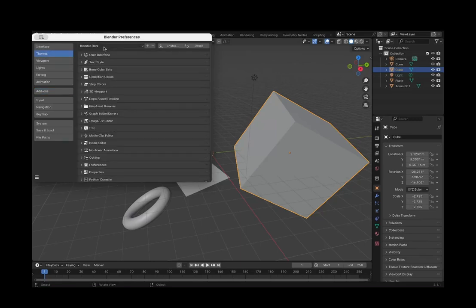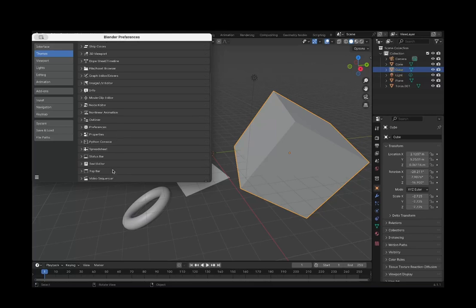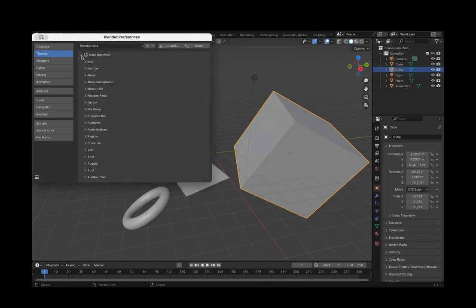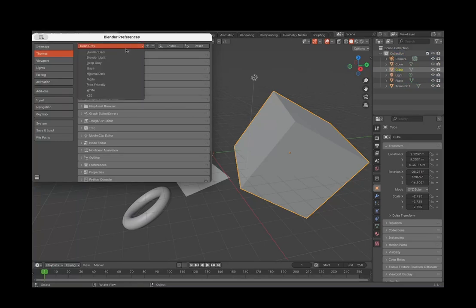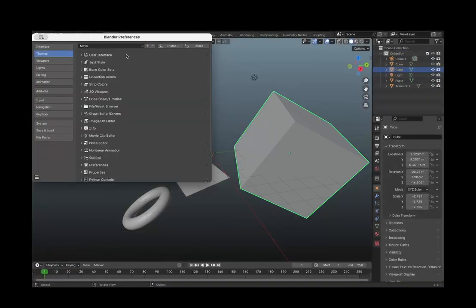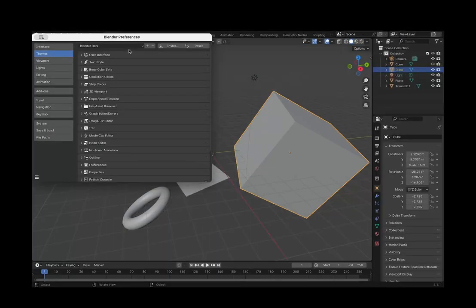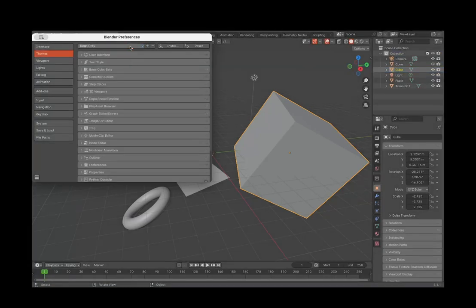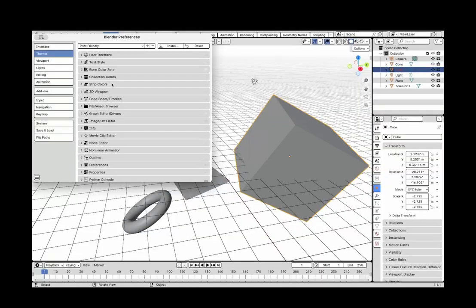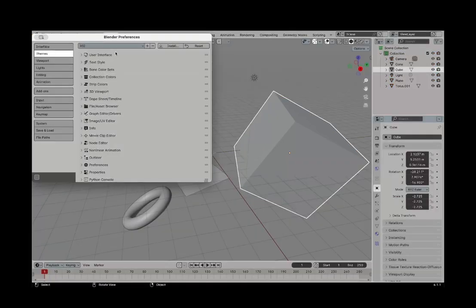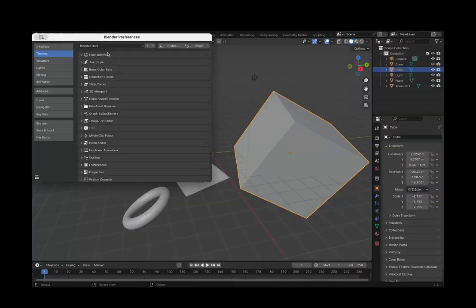Now, you'll see a preset here. You could just go through and change every single one of these properties separately, but that will take forever. So you could just swap it out for a preset like this. All of these are just presets in Blender. This one, Maya, Blender Light, Blender Dark, Deep Gray, Minimal Dark, Modo, Print Friendly, which is very bright, White, and XSI. I like to leave it at Blender Dark.